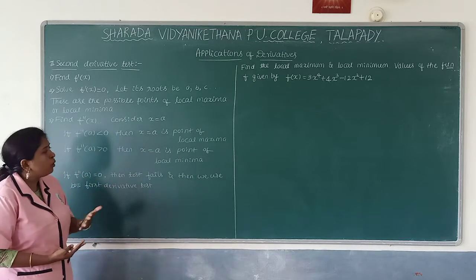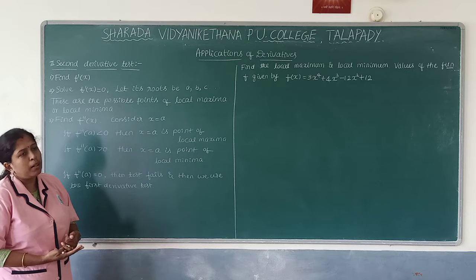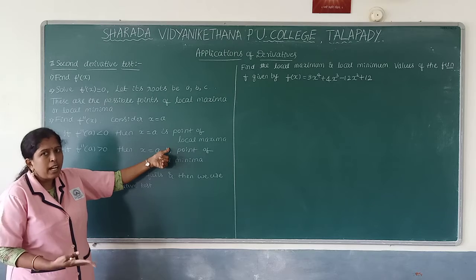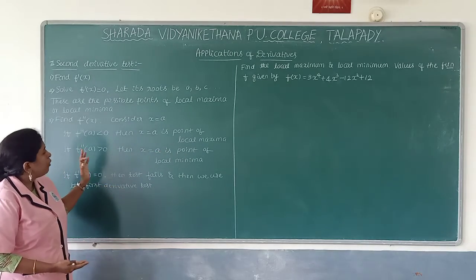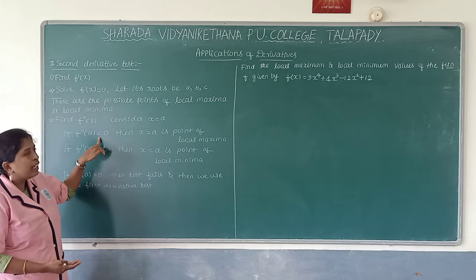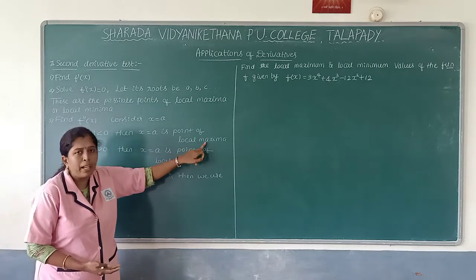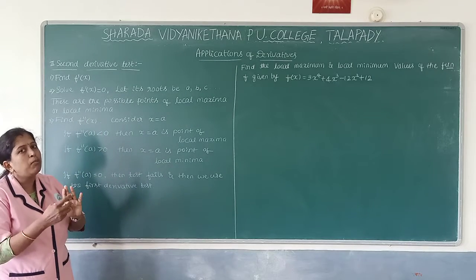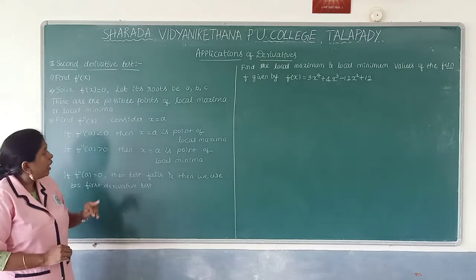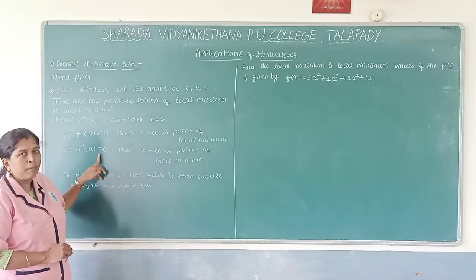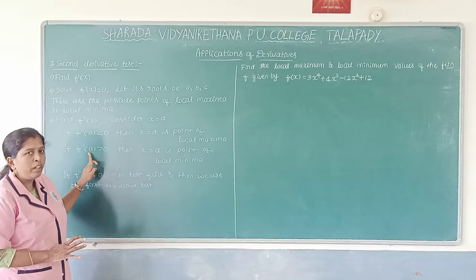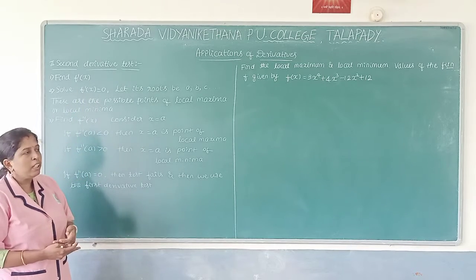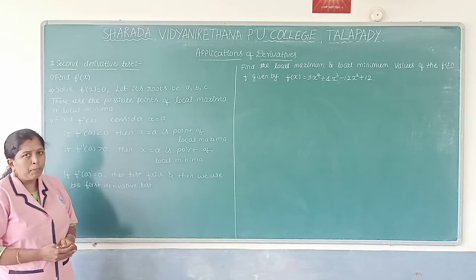Okay. Then how to find the value of local maxima? These are the points, not the values of local maxima and local minima. The last step: if you get the second derivative less than 0 at a, then you are getting local maxima, and substituting the a value in the main function f of x gives the local maximum value of the given function. Similarly, if it is a local minimum point, substituting that value in the given function gives the local minimum value.